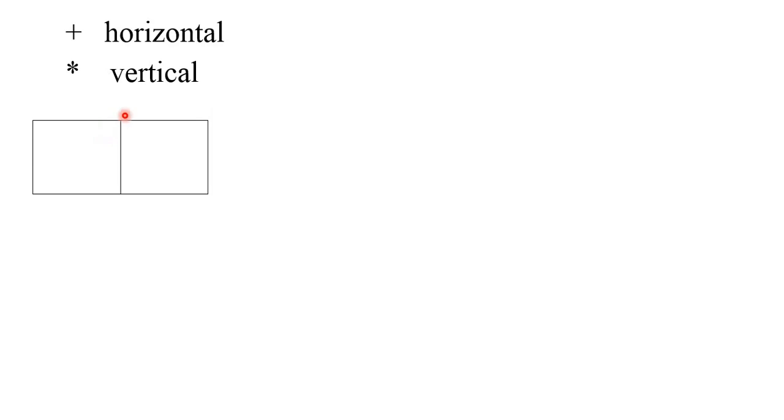So see one example. Plus indicates the horizontal and the star indicates the vertical. Suppose this is our area. If I take a vertical line, this is a partition in 2 parts. One is A and the second one is B. So vertical means, what is the symbol here which we use? Star. This is the star symbol. Star symbol means A and B blocks are in the vertical one.